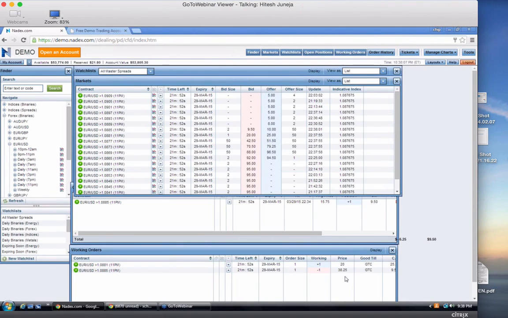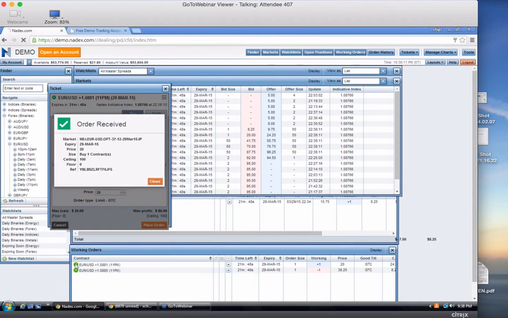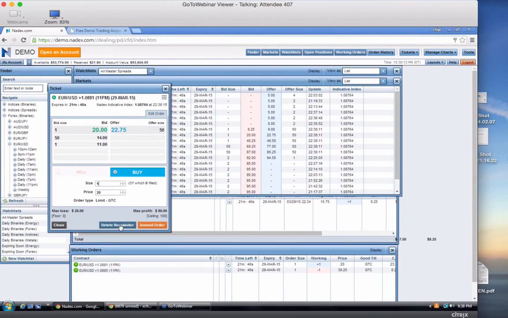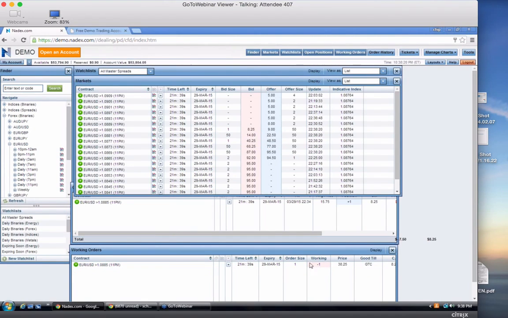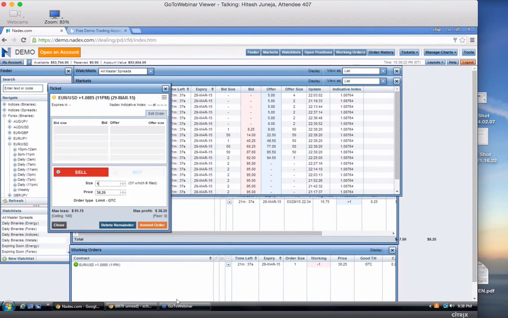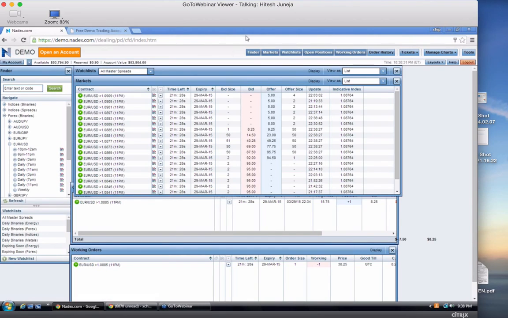And these working orders can be edited and amended multiple times, right? Yeah. Well, I could go here and I could cancel it, or I can amend it. Okay. Yep. So I delete the order, it's gone, just like that. Okay, close, and it disappeared. And you only pay the 90 cents at the entrance and the exit of the trade, so it doesn't cost you anything to keep amending these. Yeah, to enter an order, there's no charge. Once you get filled on an order, then there's 90 cents per contract, and if you're trading greater than 10 lots, it's capped at $9.